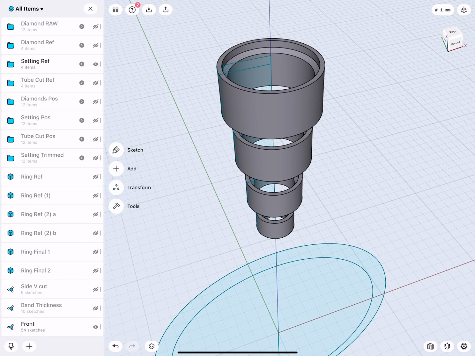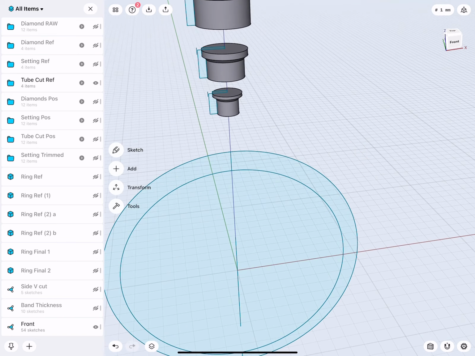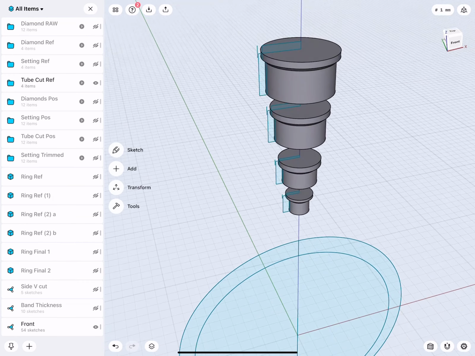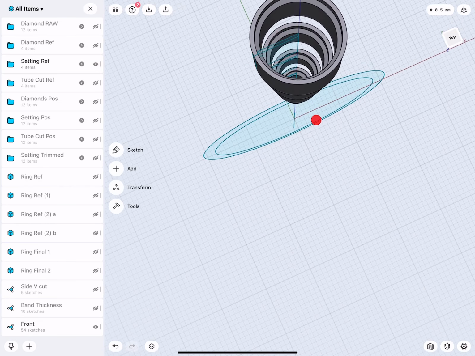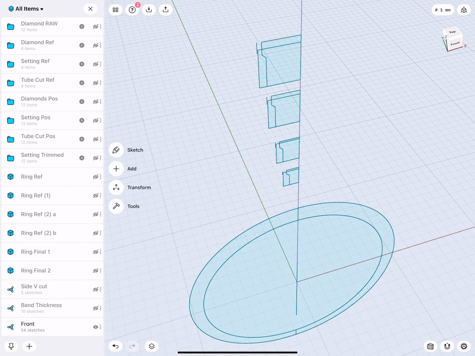Now later, because I know I need to do cuts into the ring band, I also created these objects, and they will be used to cut holes through the ring bands. So essentially they clear the space inside the bezel settings so we can later put in the stones and then, like with a bezel setting tool, a cup, press the outer ring over the stones. Very good.